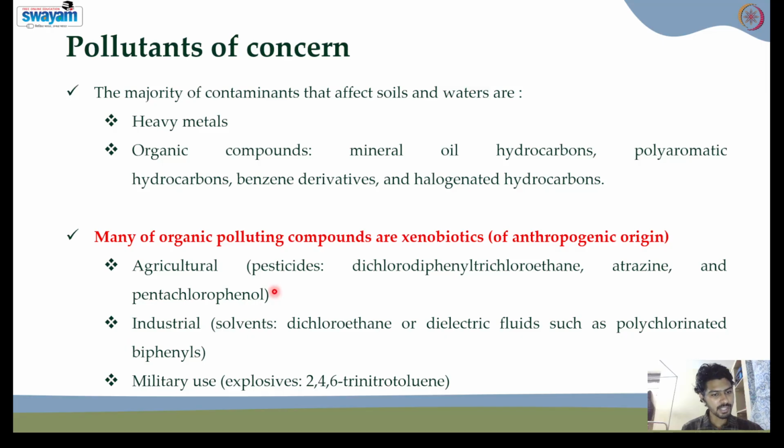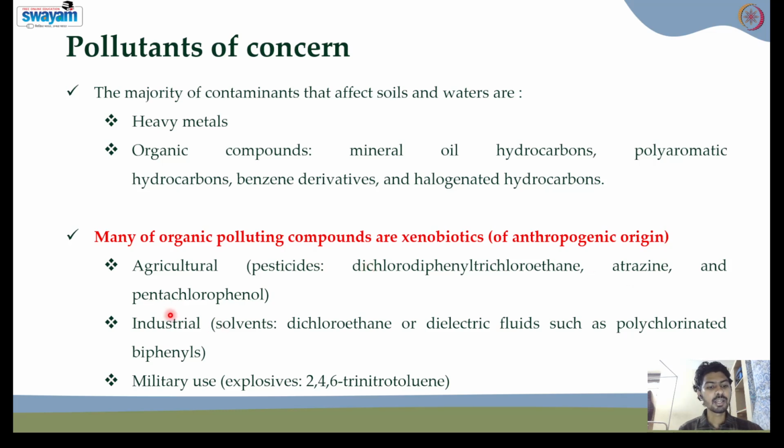If you see the classification and their application in the agricultural field, as we all know, pesticide has been used drastically. Pesticide usage is increasing for better crop yield, right? But if these pesticides are present in very high amounts, they cause pollution. Some examples of these pesticides are dichlorodiphenyltrichloroethane, which is DDT,